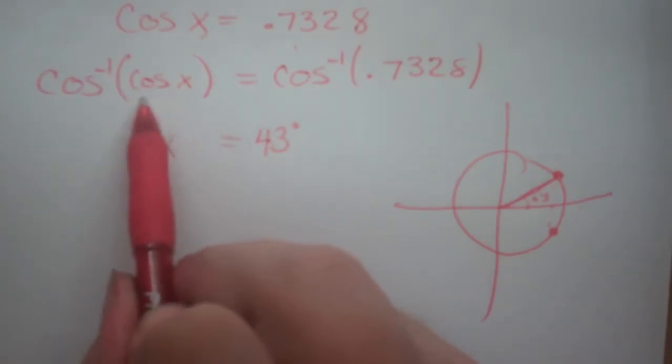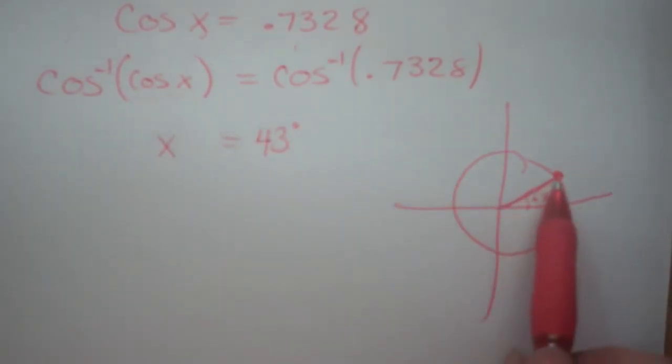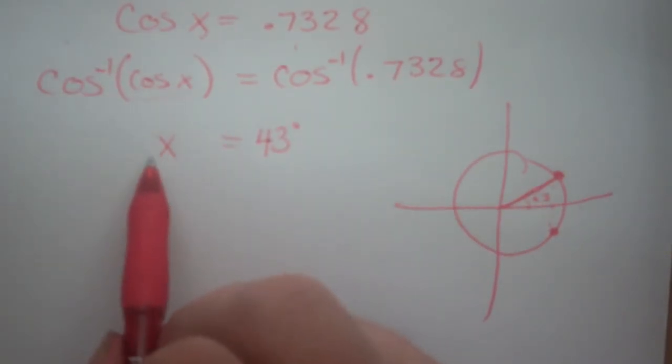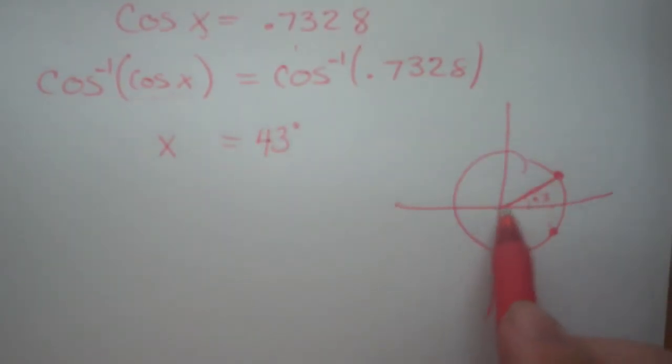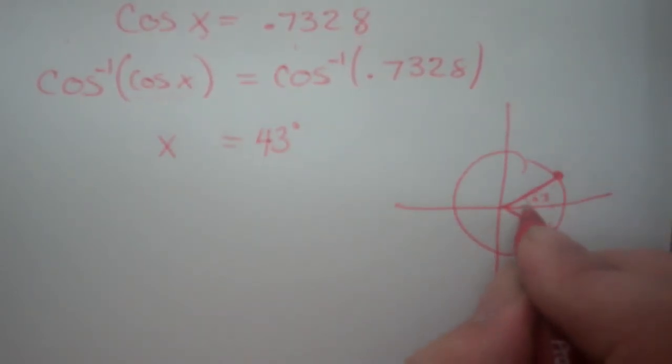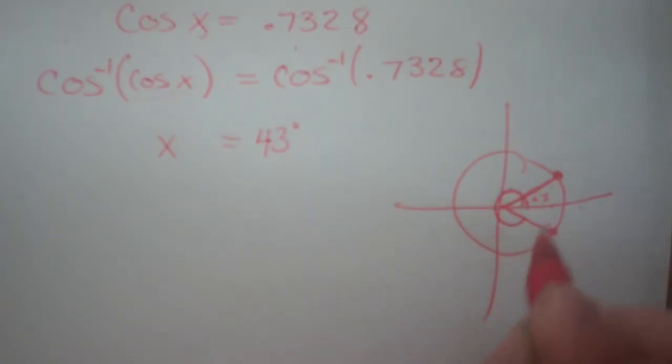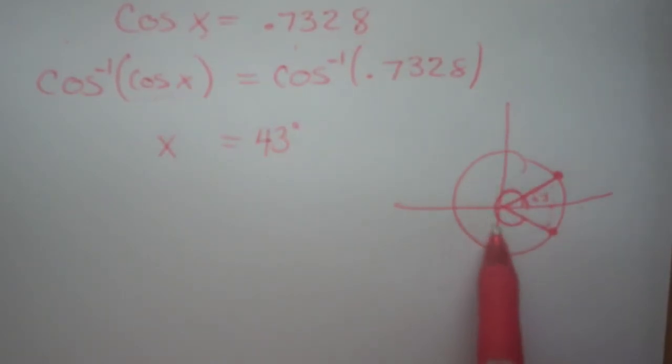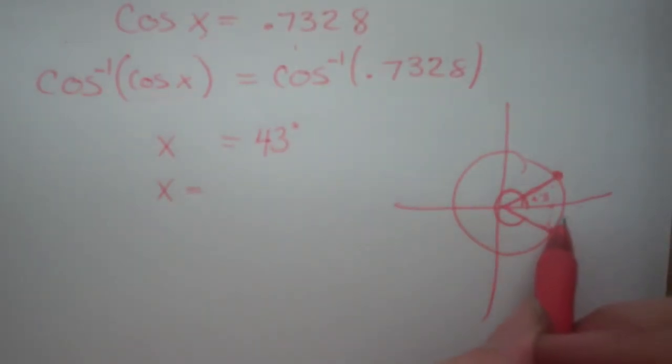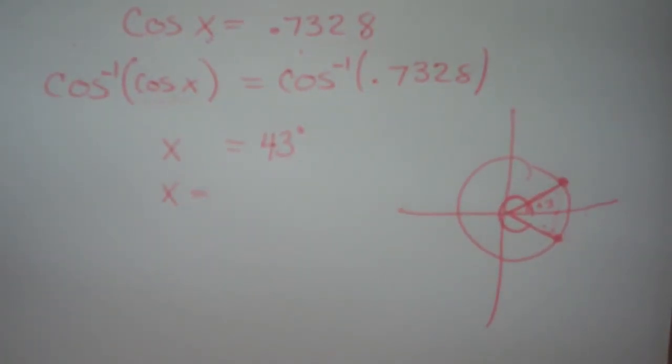Remember, cosines depend upon the x values, and so to find solutions for cosines, we reflect angles we know through the x-axis. So we'll reflect this 43-degree angle through the x-axis. And now we need to find what is the size of this larger angle here. Well, if this is 43 degrees, that must mean that this is 43 degrees below the x-axis, since this is a reflection, which means if we take the whole 360 and then back up 43, that'll give us the angle that we want. So what we're really doing is taking 360 and subtracting the 43, and when we do that, we get 360 minus 43, that comes out to be